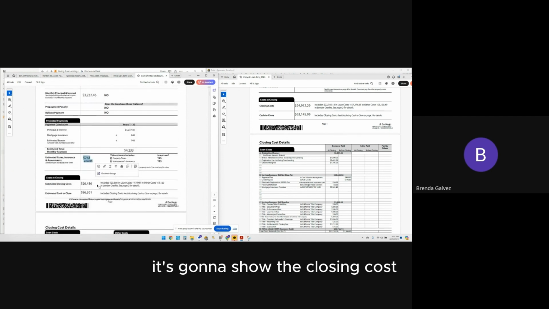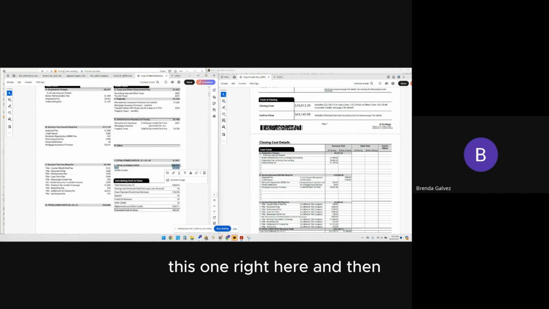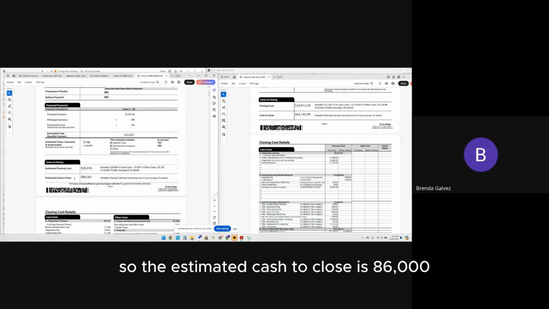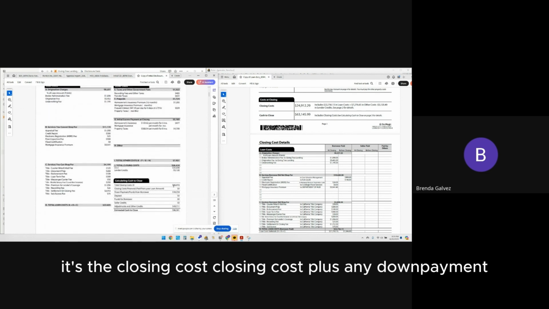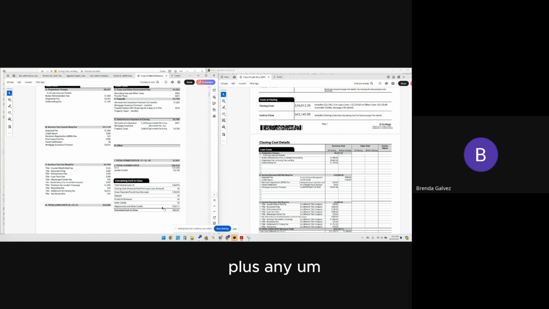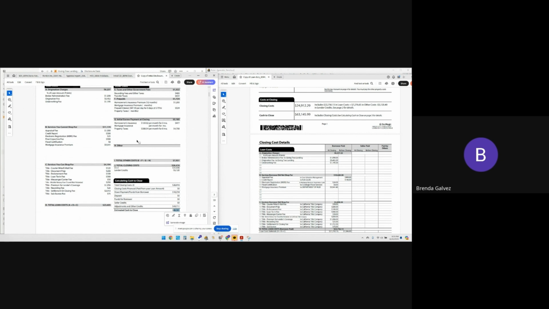It's going to show the closing costs. So this number should match the cost for all the fees here, this one right here. And then the estimated cash to close is 86,000. It's the closing cost plus any down payment plus any additional adjustments and credits right here. So that's what this estimated cash to close is. So it's very important